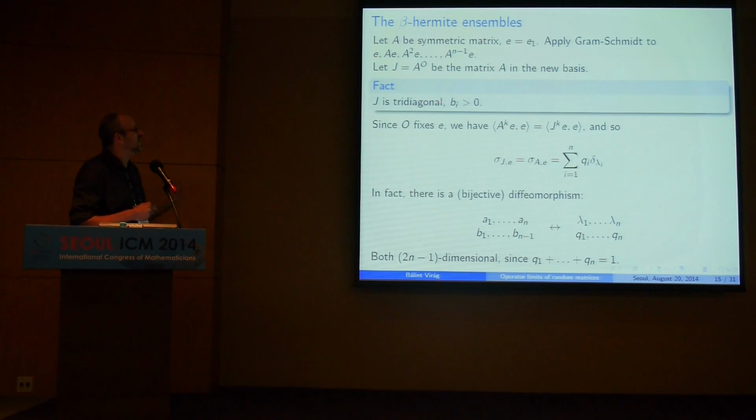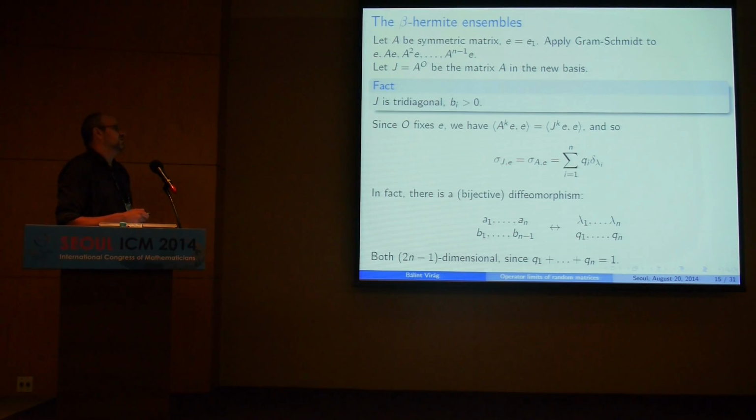You can check that J is going to be a tridiagonal matrix, and you can set the b_i to be greater than 0, these off-diagonal terms. And notice that since we took the first basis vector to be e, that didn't change. This O fixes that vector, okay? And so that means that these inner products are the same for A and J, because the O fixes e. And that means that the spectral measures are the same for A and J. Okay, so what this transformation does is takes your matrix to a tridiagonal matrix, and keeps the spectral measure,